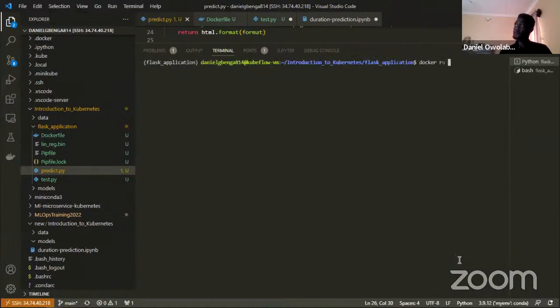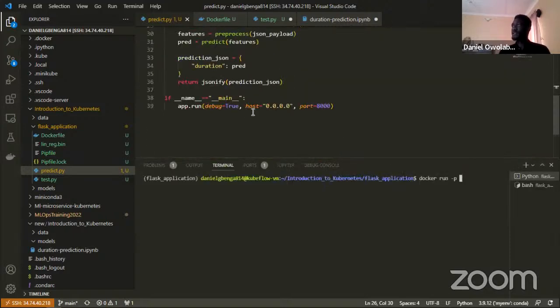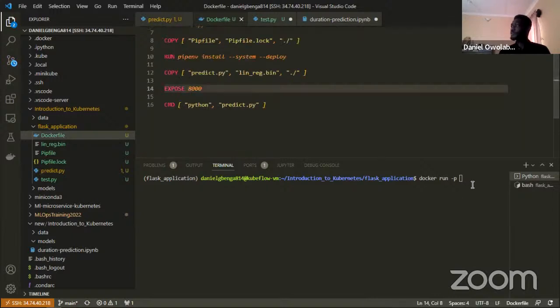Docker run, and I'm going to port forward the container's port that I'm exposing. I'm exposing port what on this container? I'm exposing port 8000. So I'm going to port forward that port to my own localhost on, say, let's say I want to check this thing on 9696, right? Port forwarding 8000, and then I have